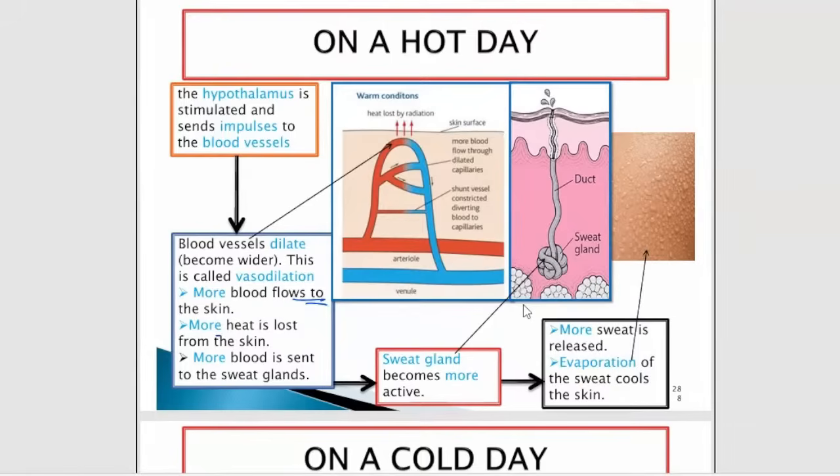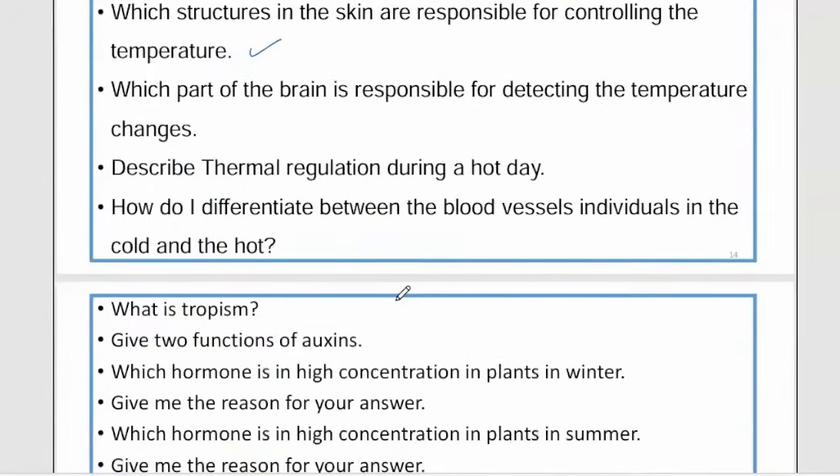More heat is lost from the skin. More blood is sent to the sweat gland. The sweat gland becomes more active. More sweat is released. Evaporation of the sweat cools the skin. Bam, done. Simple. They're saying, how do I differentiate between the blood vessels of individuals on a cold day